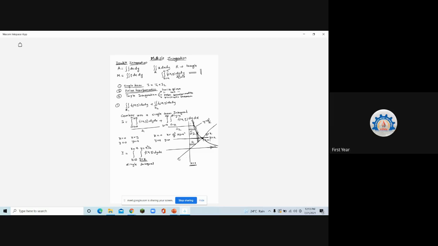Okay, I'll tell you how to identify that. When I'm taking a vertical strip, which is the axis that is vertical? The y-axis. So who will change vertically? From bottom to top, who is changing? Vertically, who is changing? y. So the limits of y come first. And then I will move this vertical strip in a horizontal way. So who changes horizontally? x changes, right? So that is why the second limits will be of x.